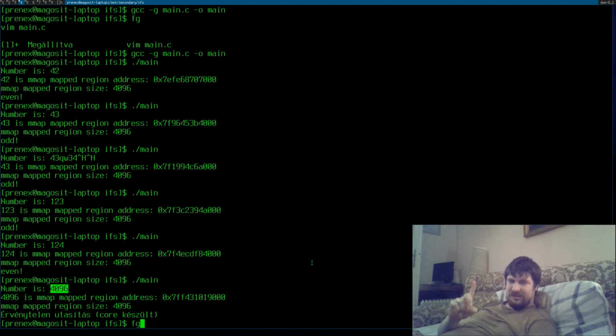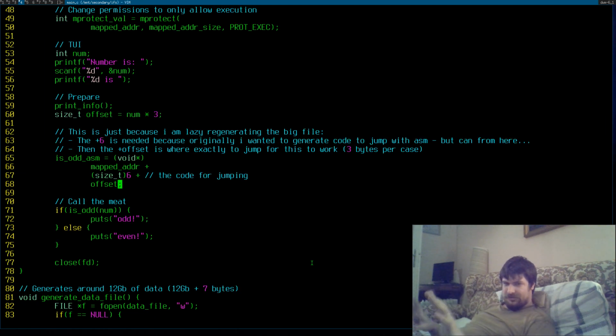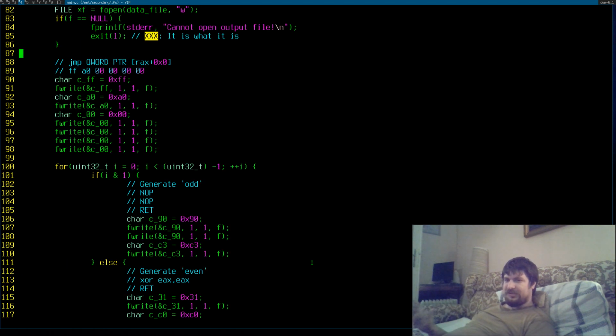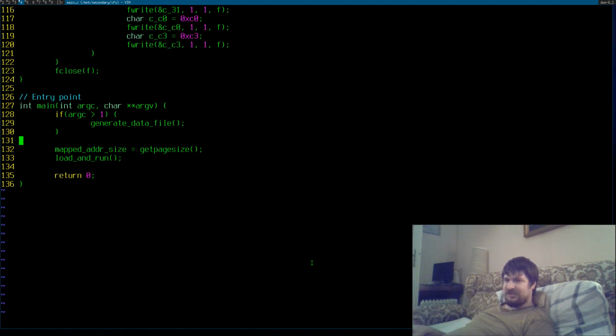That's because we are not mapping the whole file. So we already implemented everything, except we are not loading the whole file because we are just using get page size. But instead of get page size, we just say like -1, but it should be like